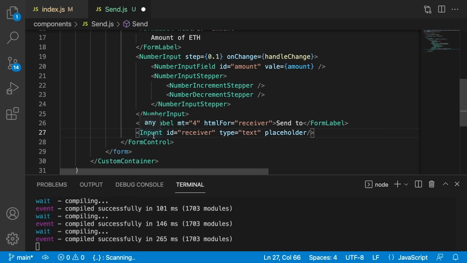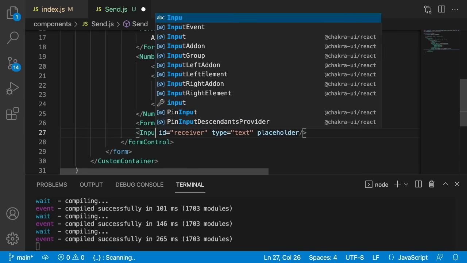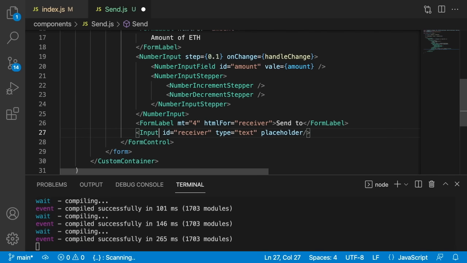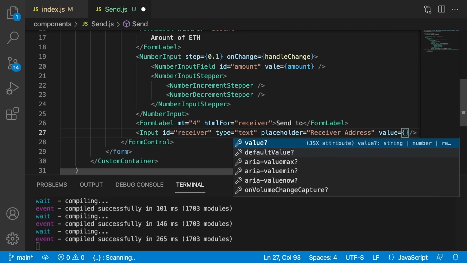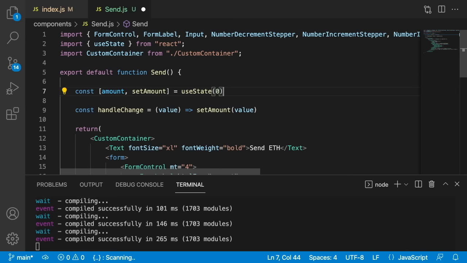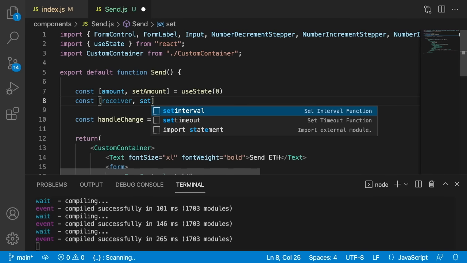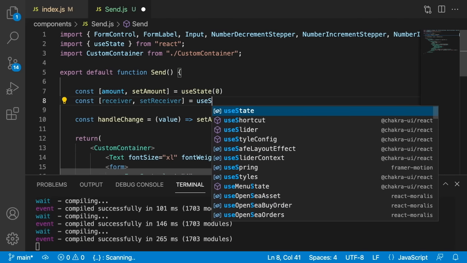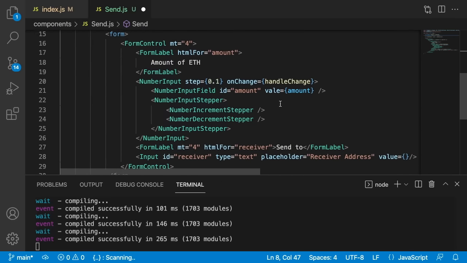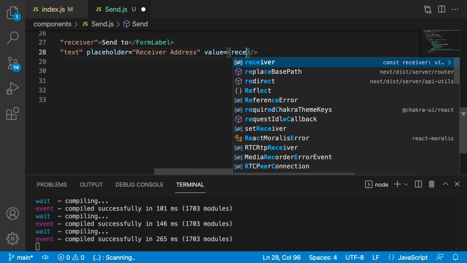Placeholder is the input from Chakra UI React, okay, a placeholder of receiver address, and now we need to give a value, and again we keep track of this value and store it in a useState React hook, so const receiver and set receiver is equal to useState, and by default is empty. Okay, so the value now is receiver, and